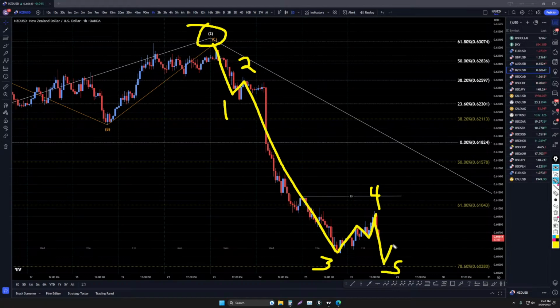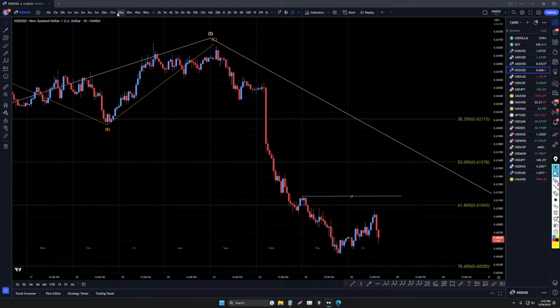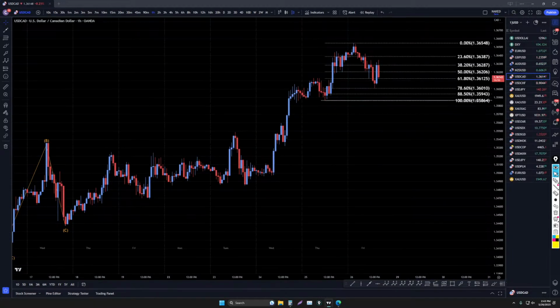So there is definitely a possibility this could go up and make a bigger correction, and then actually next week sometime end up continuing the downtrend. So let's head down to the, well, we're already on the 1-hour time frame, so let's go check out the US dollar Canadian. See what's going on with that. So the US dollar Canadian, wow, look at that. That thing's really recovering.